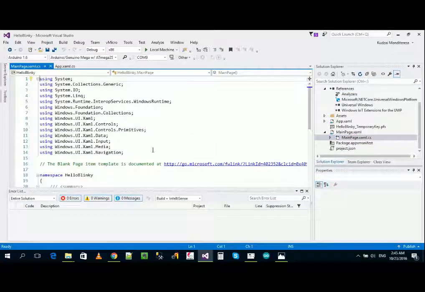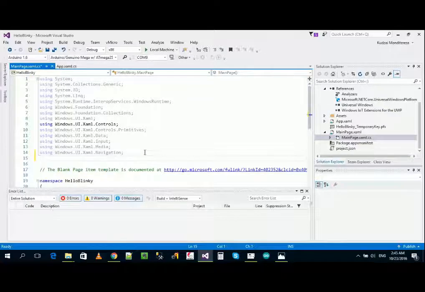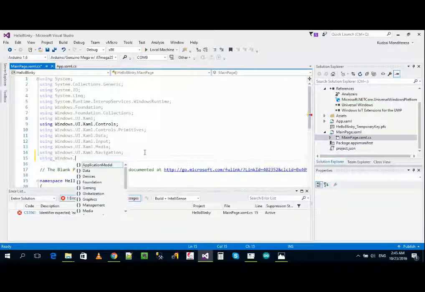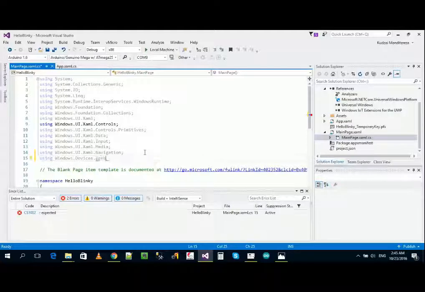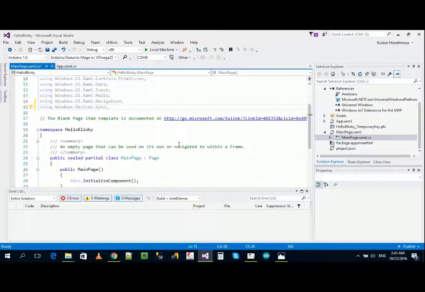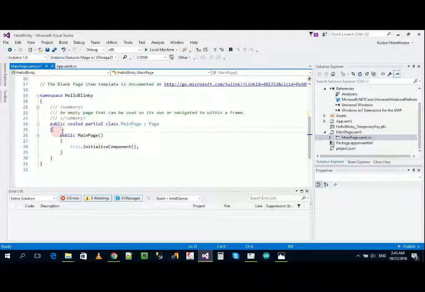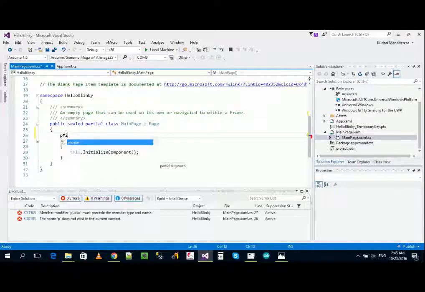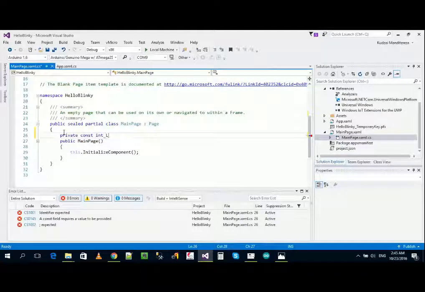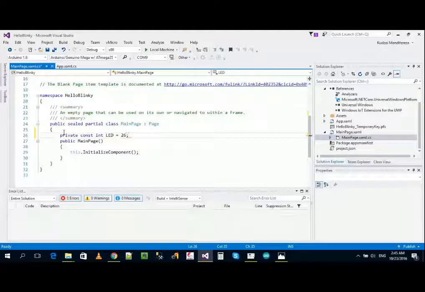Right, so the first thing that you're going to need to do is to add the namespace for our extensions. So I'm going to put the using Windows.Devices.Gpio. Right, and then after that we can add our constants. Now remember, our LED is connected to GPIO pin number 26, so this is the LED that we're referring to there,